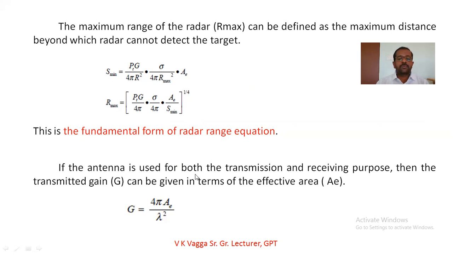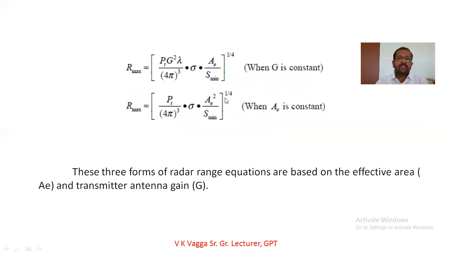And if the antenna is used for both transmission and receiving purposes, then the transmitted gain can be given in terms of the effective area, where G is equal to 4 pi AE divided by lambda square. After that, the equation can be given as R max is equal to PT G square lambda square divided by 4 pi whole cube into sigma into AE divided by S min, the whole to the power of 1 by 4,